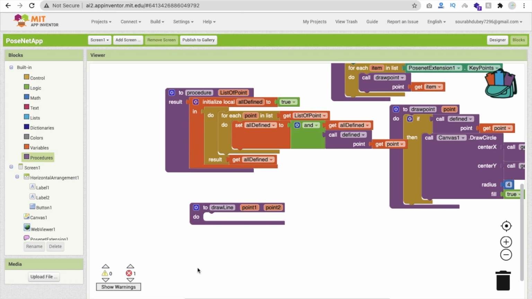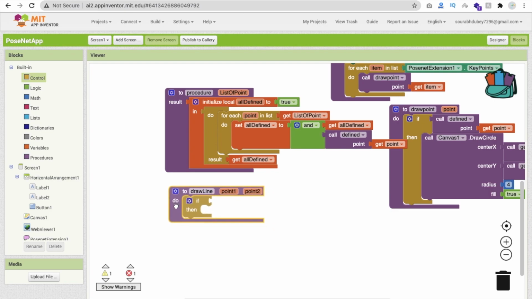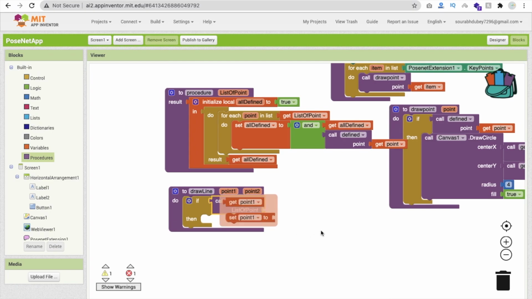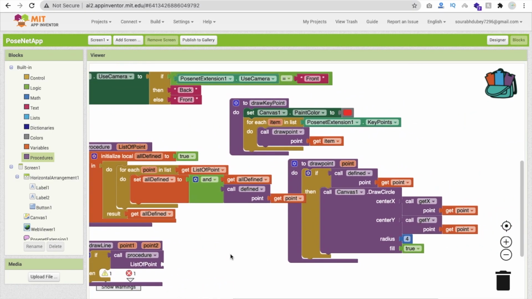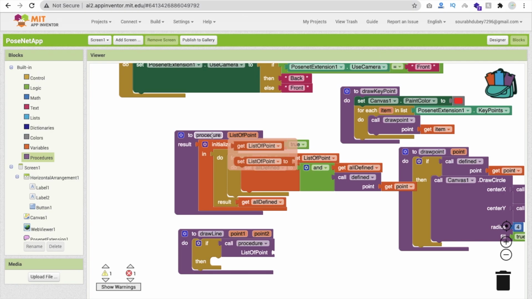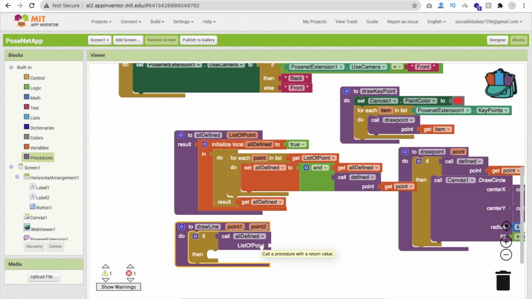So if control this one, if everything is all defined, if all things are defined, then click on control variable, and you can see all defined. If everything, and you will find list of points, call procedure. This one we have to call, this all procedure, list of points. And you can change this procedure name, and you'll find we already have defined one procedure here, this one. So I'm going to change this name to all defined. If a draw line, call all defined, and the list of points we will make